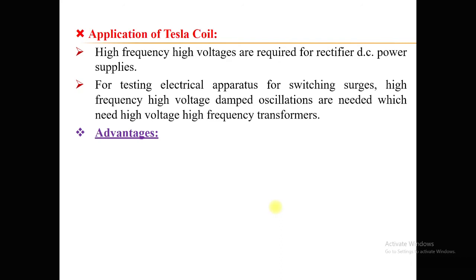To study the behavior of high voltage equipment in the presence of overvoltages of longer duration, like switching surges, you need high frequency, high voltages. Apart from impulse voltage generators, you can also produce the required longer duration overvoltages with the help of the Tesla transformer,